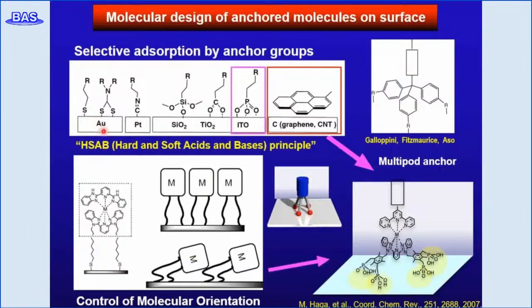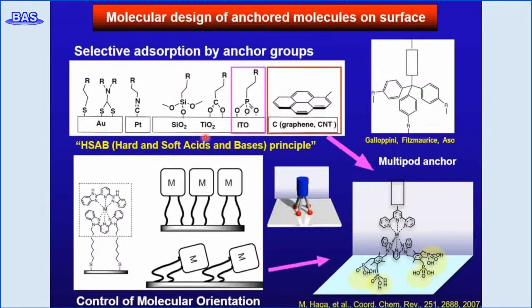As we already mentioned, isocyanide groups adsorb strongly to the platinum surface. On the other hand, carboxylic acid or phosphonic acid groups are strongly attached to oxide electrode, such as indium tin oxide (ITO)